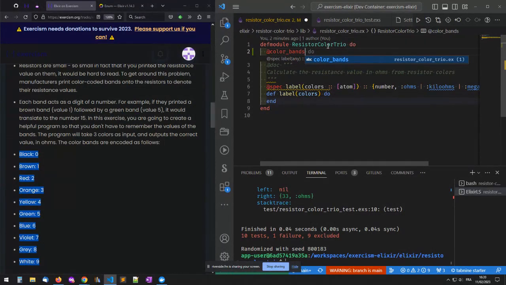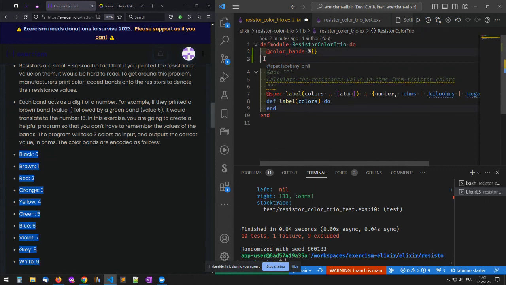So here, and I know it will be just this one. So now you see you have two new things. We have this one, which is called a module attribute. So it's an attribute of the Resistor Colour Trio. It's a bit like the attribute in a class. It is kind of similar, and this one is a map,